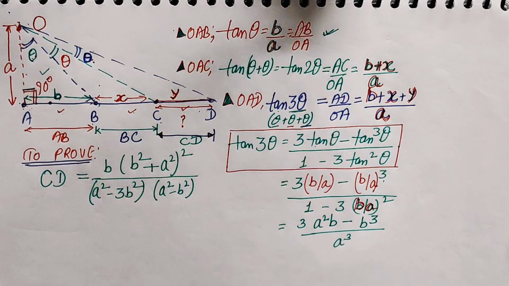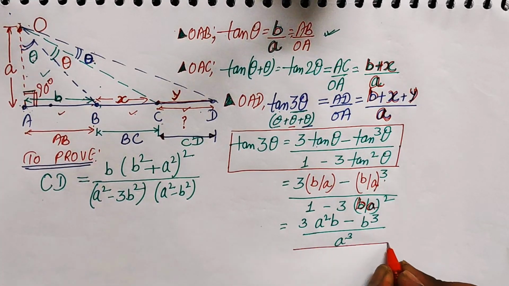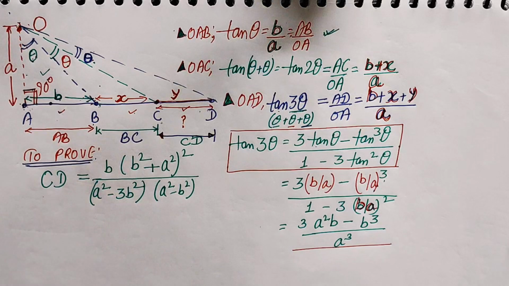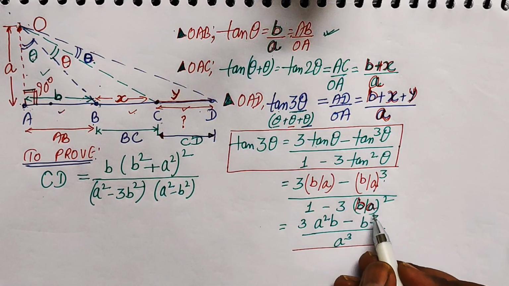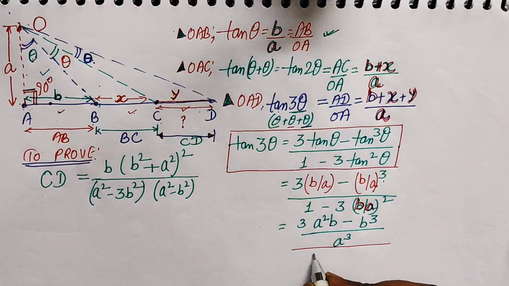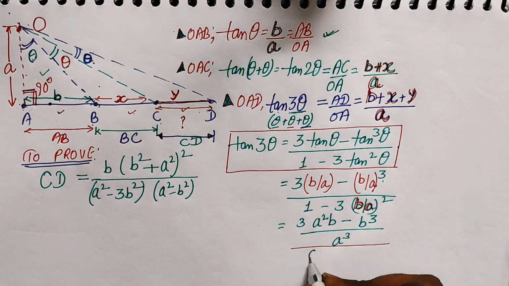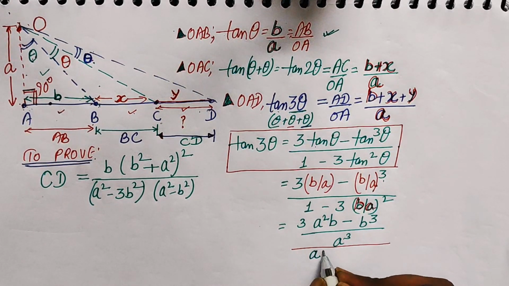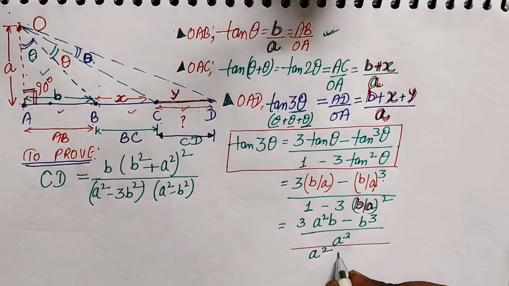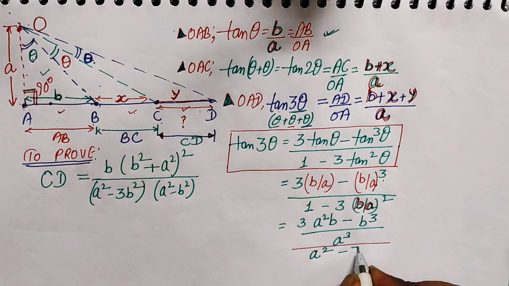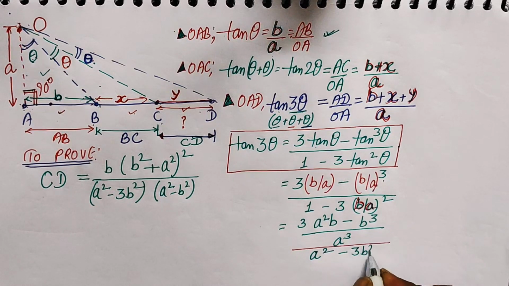And this whole divided by, what? We have 1 minus 3 b square by a square. So here also taking the LCM, the first term of the denominator will be a square, because this a square will be multiplied with this one. a square minus 3 times b square